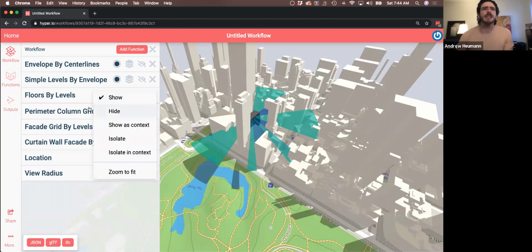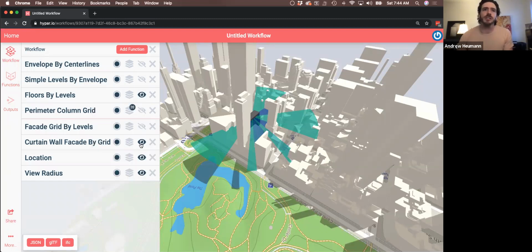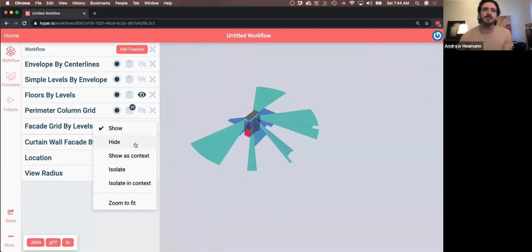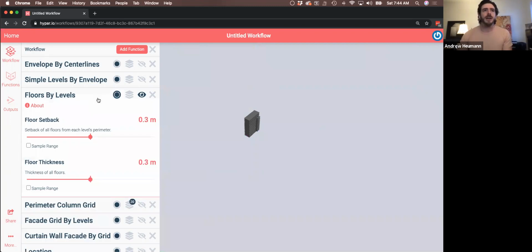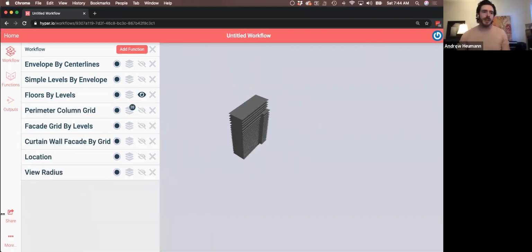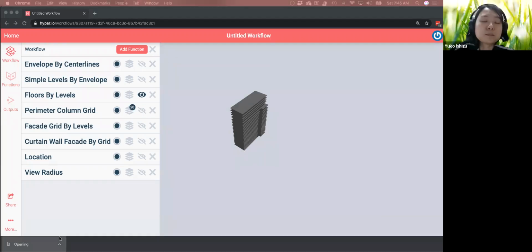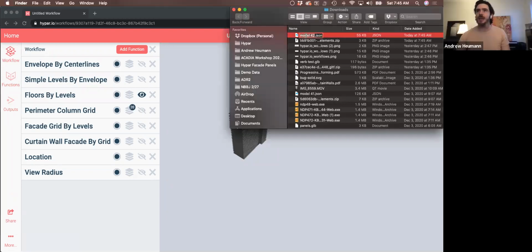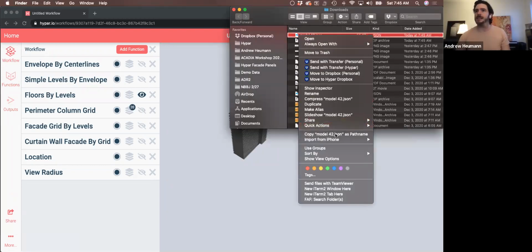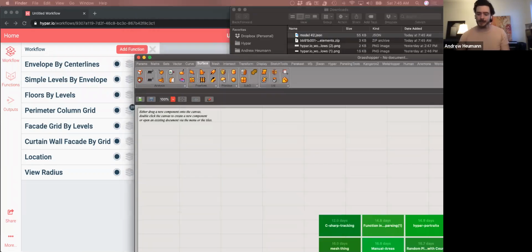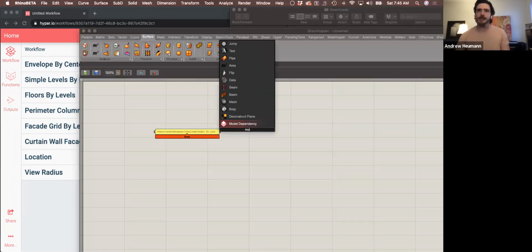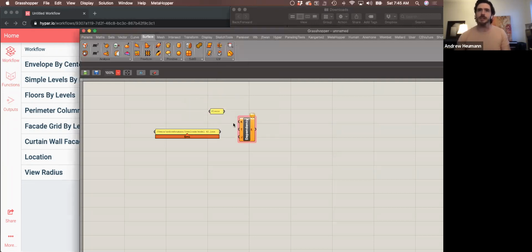But let me make a simple example where I just use the floors, just because this will go quicker if I do it like this. If I have the floors visible here and I export as a JSON, I'll be able to download a representation of this model, which is in Hypar's own sort of elements data representation. And then I can take this, and in a Grasshopper context, I can take that JSON file and say, okay, give me the floors from this model. And then I should be able to